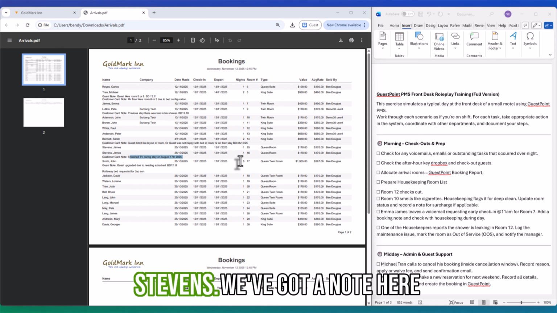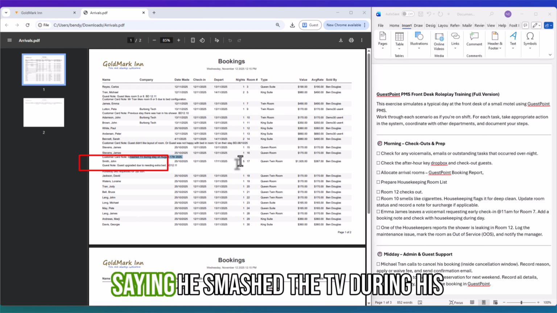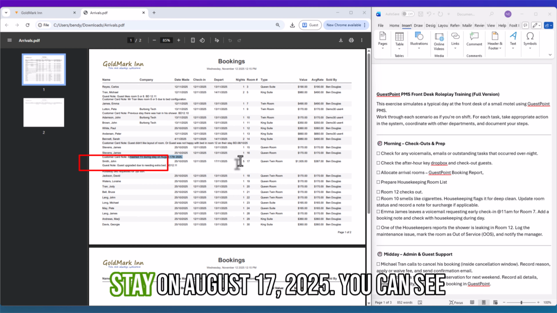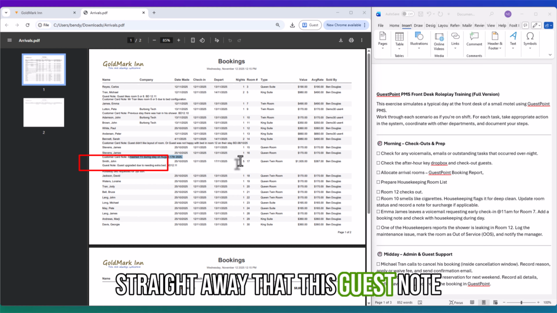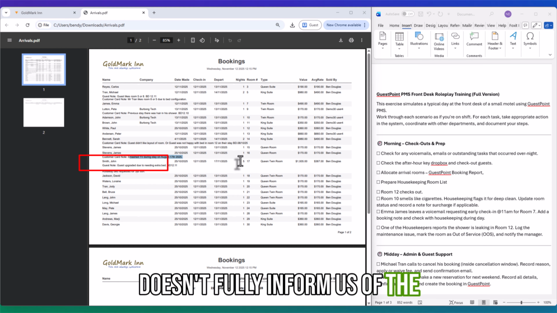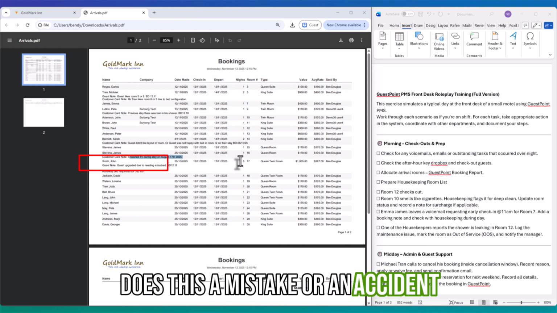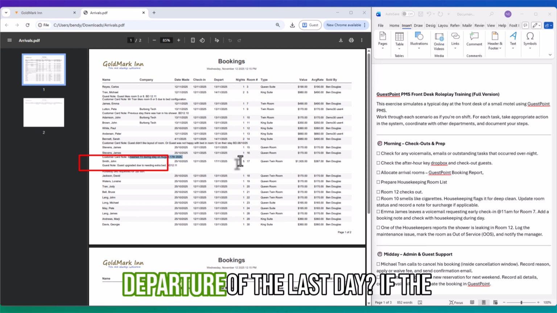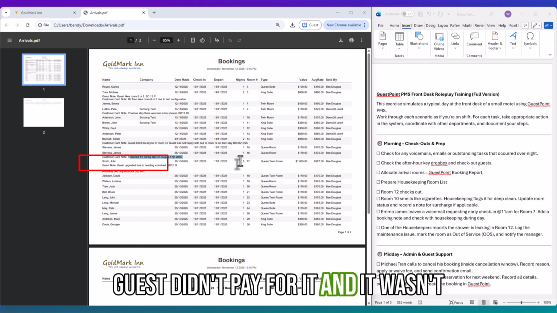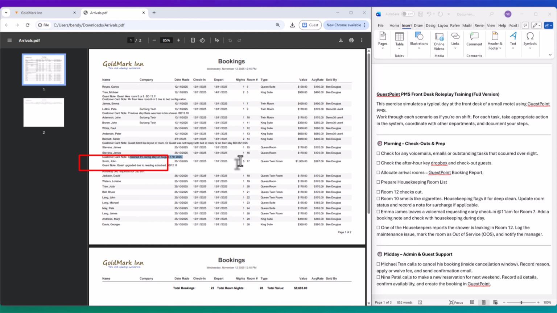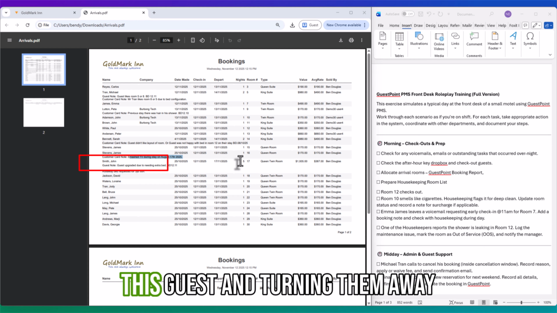Mr. Stevens. We've got a note here saying he smashed the TV during his stay on August 17, 2025. Now, you can see straight away that this guest note doesn't fully inform us of the situation. Was this a mistake or an accident, and has the guest paid for it on departure of the last stay? If the guest didn't pay for it and it wasn't a mistake, I would be looking at blacklisting this guest